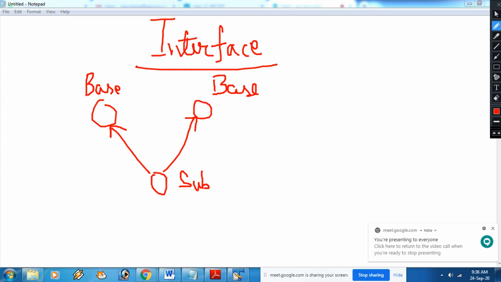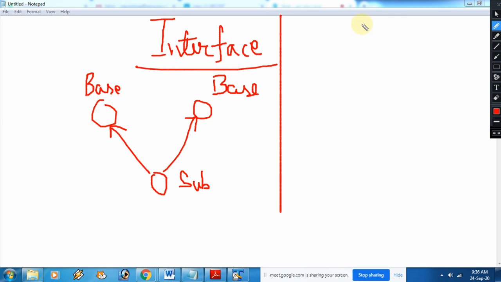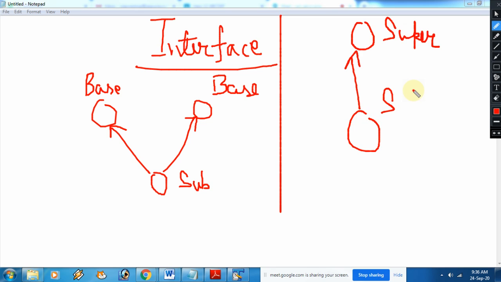See, in Java we have used the concept of inheritance. There was some limitation under inheritance. This limitation means we can extend only one class at a time. In case of inheritance there can be only one superclass and one subclass. My screen is visible, everybody?